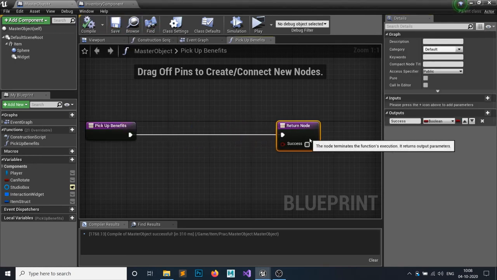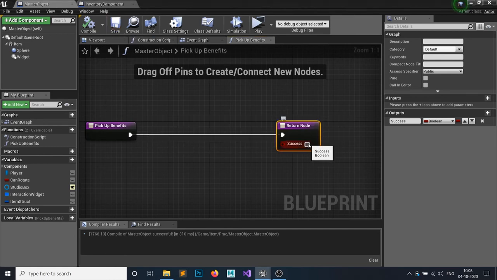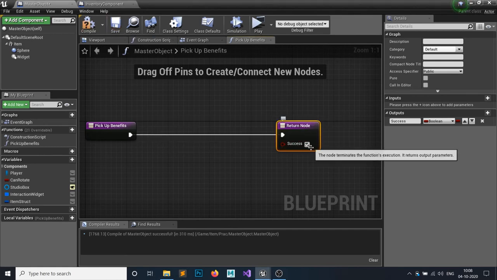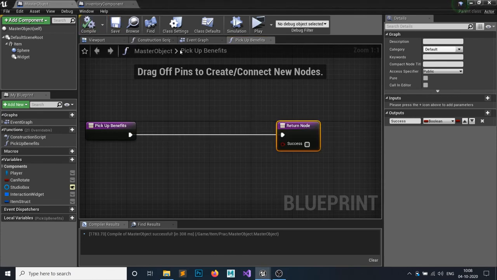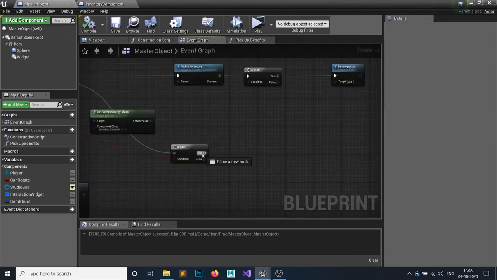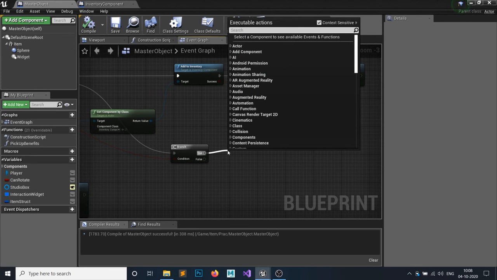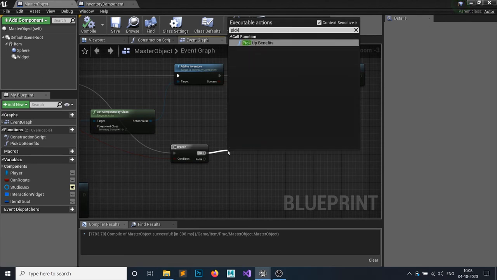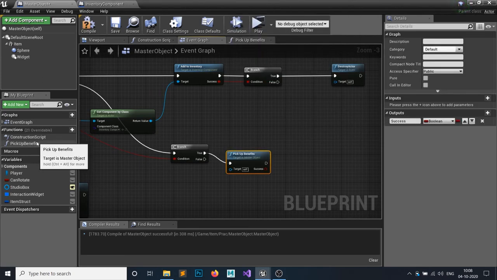By the way, from this, just click on this success, not on the master object default value, the success would be false, right? So on your event graph, grab a node from your to part and get the pickup benefit function we have just made, this one,